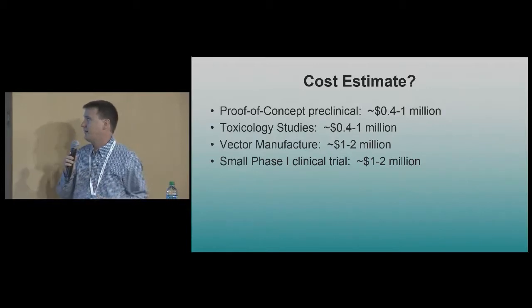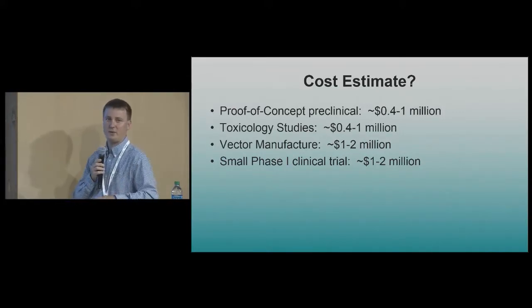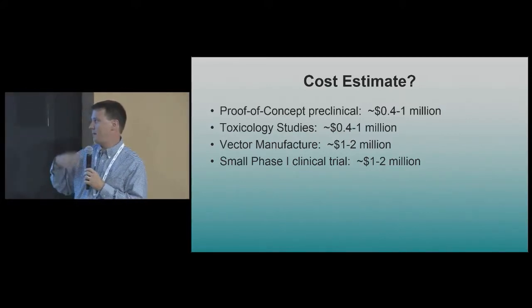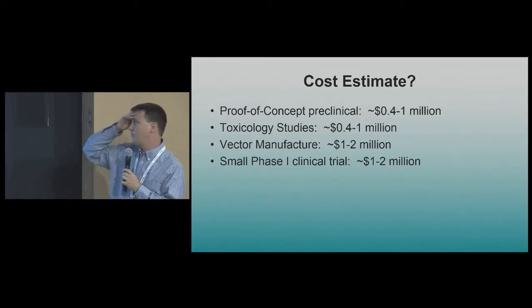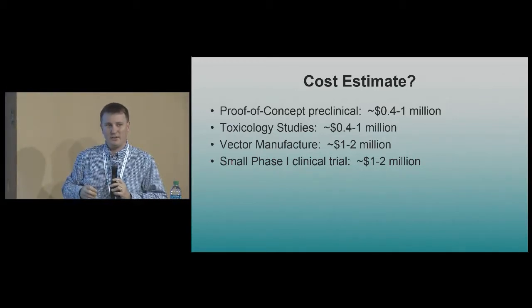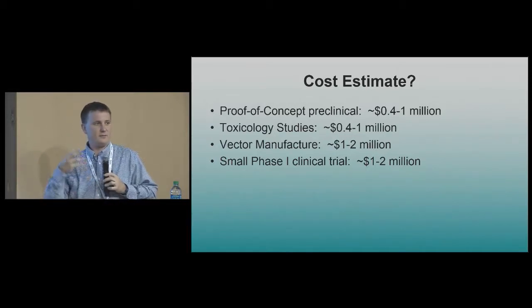So, all right, cost estimate, and take this with a huge grain of salt, okay? Because I really didn't even want to put this up here, but I think it's valuable to at least talk about this. For something like what I'm doing, and this is historically what things have cost for us, proof of concept preclinical, assuming everything works great, you could do as an investigator-initiated academic effort. Proof of concept is all the mouse studies. If you have the delivery platform in place, this can be